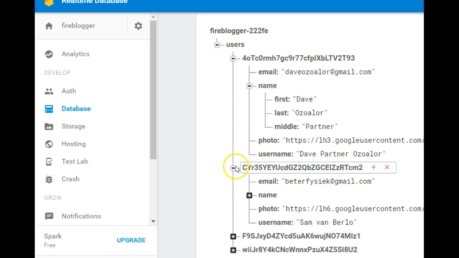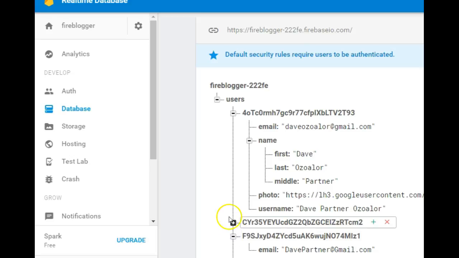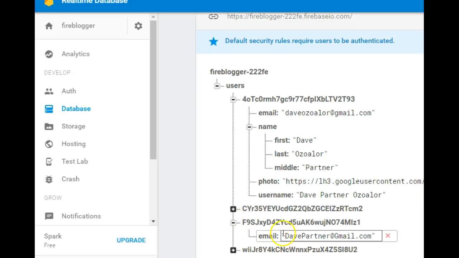Not all the users have equal keys. For instance, this guy has only email, because maybe they registered with their email and password only. So we save the password in auth, and then we're using the email here. It doesn't have a name, it doesn't have a photo, no username. And in your code, you're actually calling the whole of this. So instead of running into an error when you try to make a reference to photo for this guy, how you handle that is